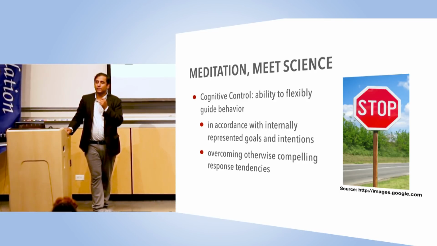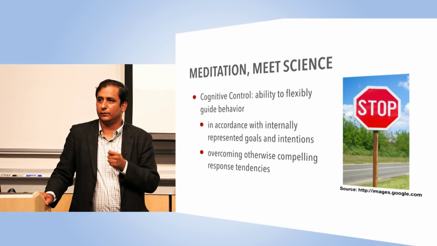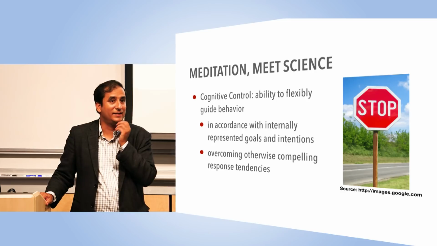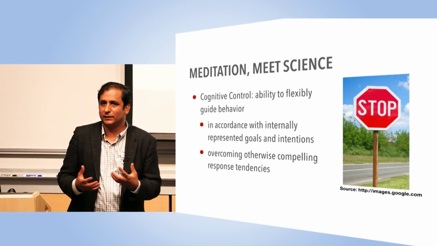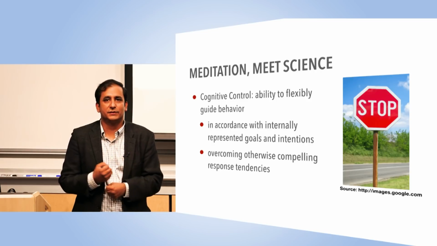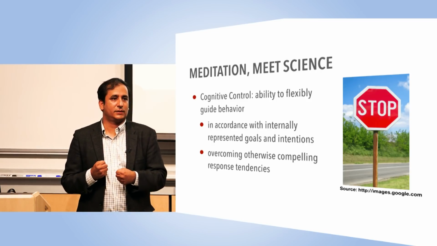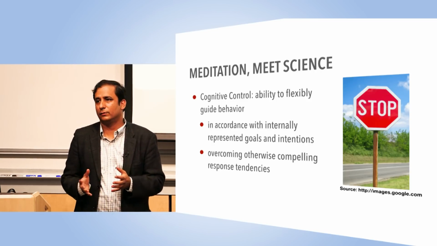response tendencies. For example, if I'm giving a talk right now and I know so many people are watching me, I'm probably getting video recorded, and if I really want to itch, I just can't. Evolutionarily, I'm supposed to do it because it's built into my system and body, but I am resisting that. And I'm exercising my cognitive control. And we do that all the time throughout our lives.